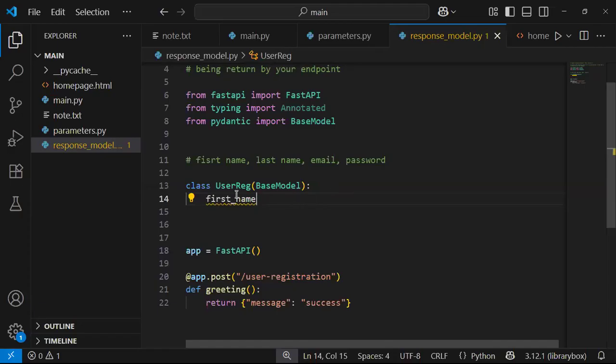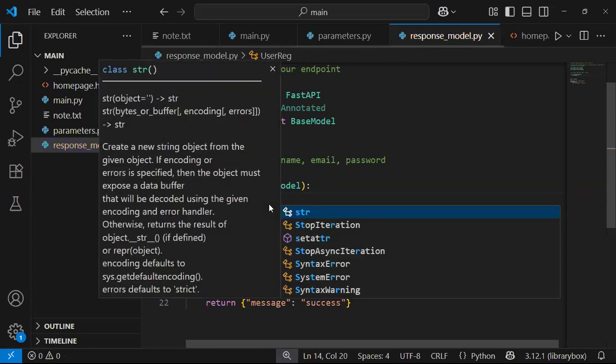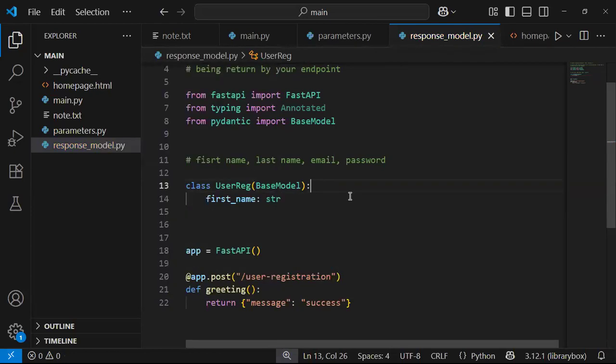So in this case, this is assumed to be the field name, and of course you can pass in your basic validation, which in this case I can say str, string, right? Very basic validation, right? If you want more, of course,